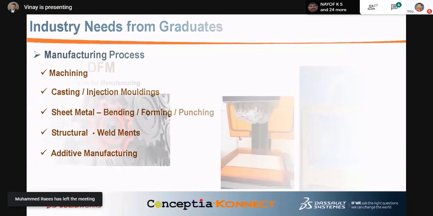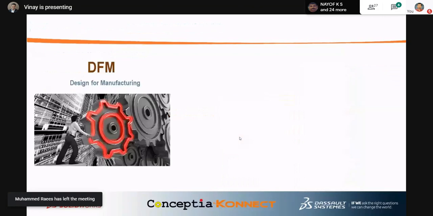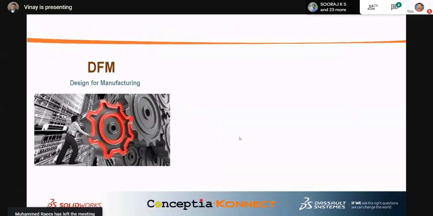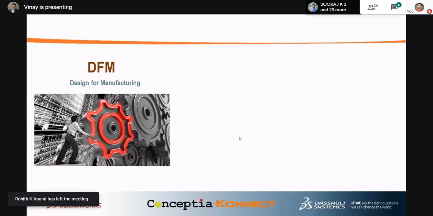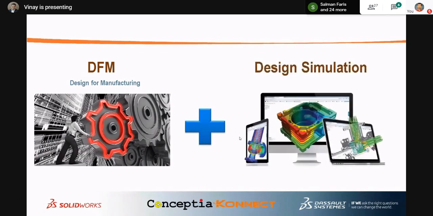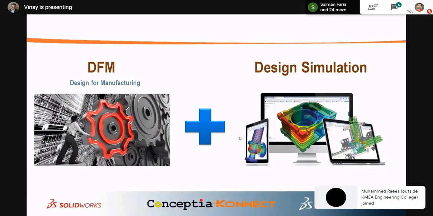So this is what you want to do on DFM, design for manufacturing. You have to develop your skills in design for manufacturing. This is the manufacturing process, design process, but simultaneously you have to go for design simulation also.